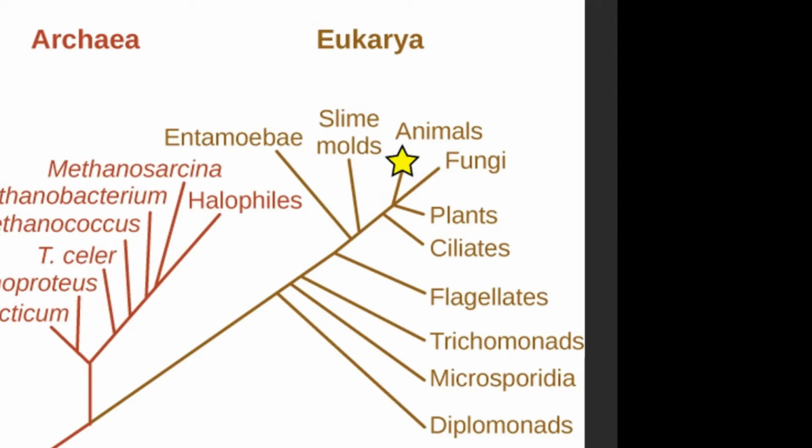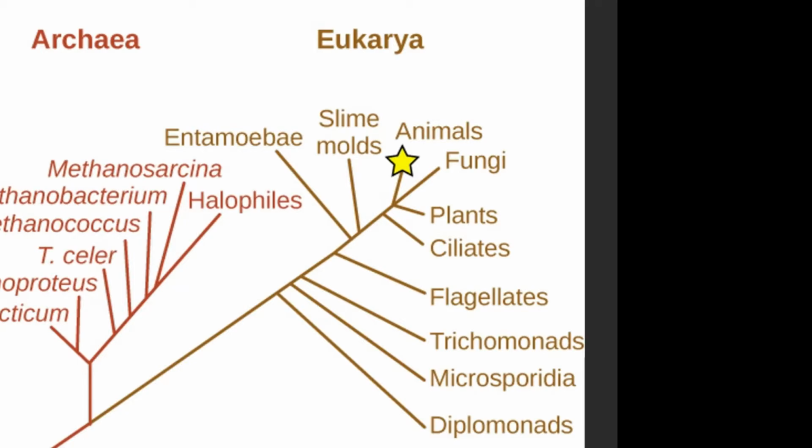But if we group them together, and each of these lines indicates the amount of difference between two organisms, the eukarya are all together, and in fact, all of the multicellular life forms that are known on the planet today are in the teeny tiny tip of domain eukarya. Most of domain eukarya, most of the diversity there exists among protista, which is really remarkable. And that doesn't mean that you and a fungus and a slime mold are the same. You're very different, right? And you can use that difference as a context point for the fact that if you have such a short line between you and a slime mold,